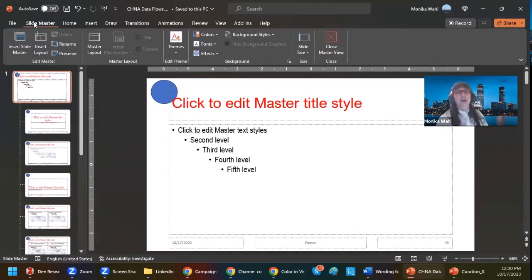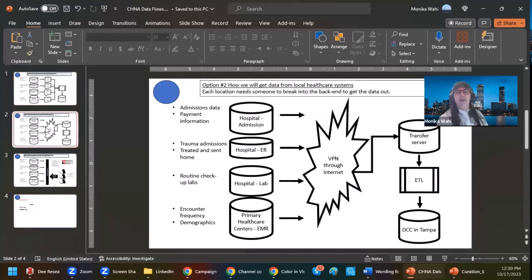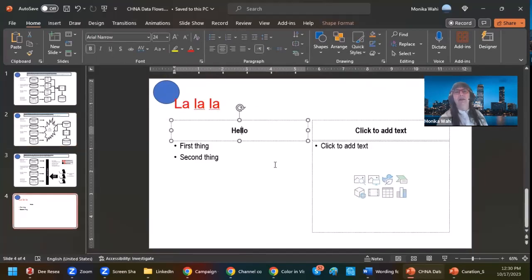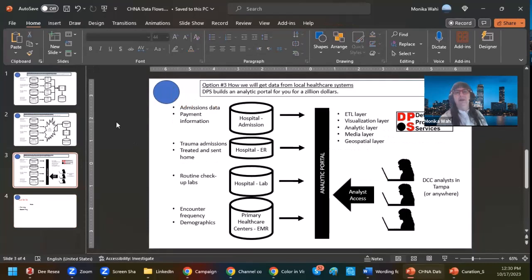Well, you go over here, the slide master thing, that's not normally there. That's only there if you have the slide master going on. You can go over here, close master view, and look. And so now, see, it affected these slides. But you'll probably see, wait a second, Monica, this is still Calibri. Here, this is Arial Narrow. Here we have Arial Nova, remember? But this is all Calibri. Well,